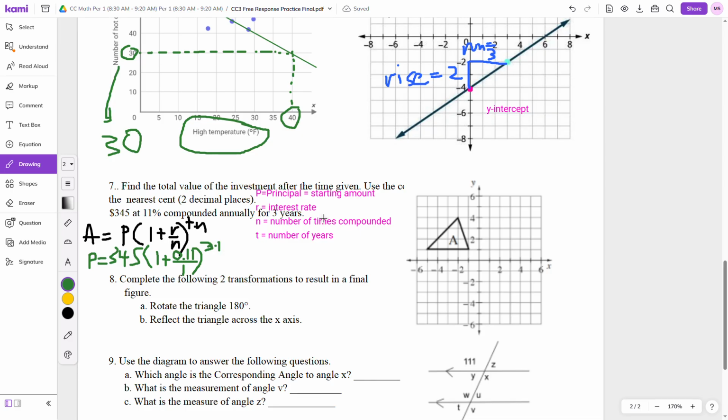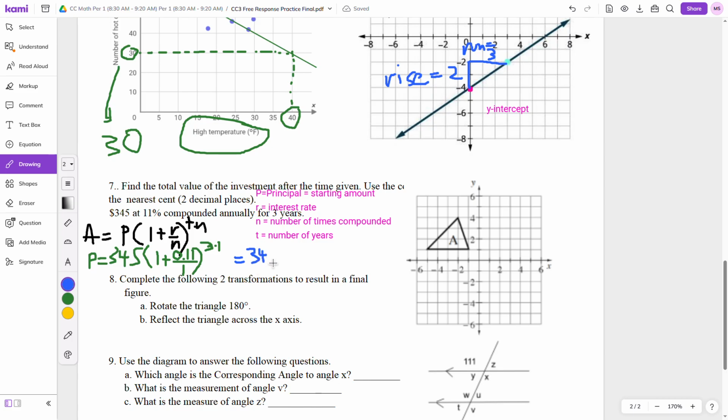Okay, so what I just did is I just wrote it out and I replaced all of the values with what I have. So P is 345, R is 0.11, N is 1, and T is 3. So I just plug those values in. And that's going to give me that